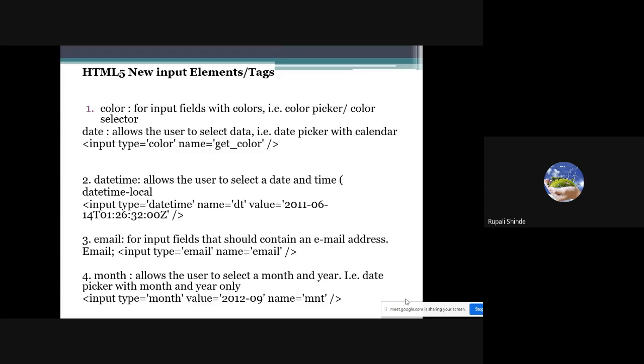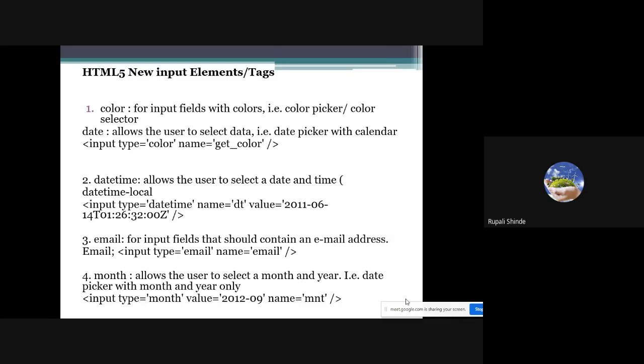The first element is color, an input field with colors, that is a color picker or color selector. Whenever we use the input type color, then the color box is available. Out of that, we can pick any color we want.